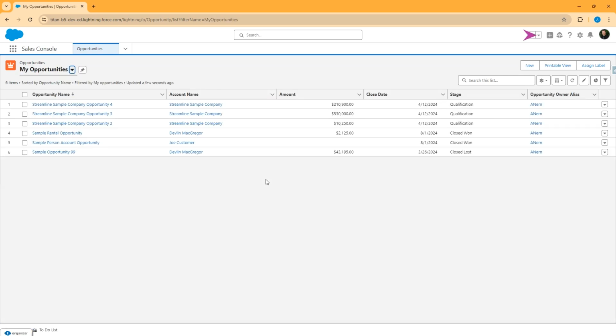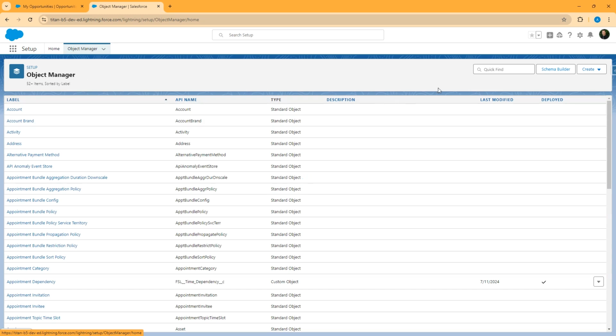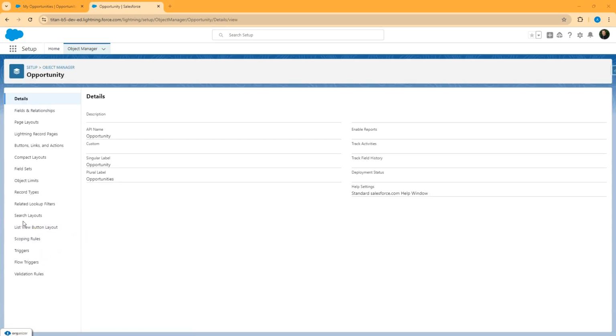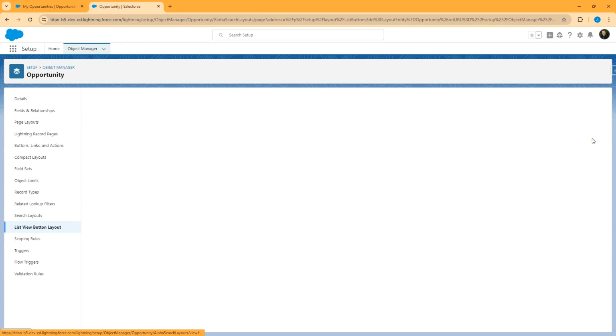First thing we will need to do is add the list view button to the list view layout. You do that in Salesforce Setup. Go to your object in the Object Manager, in this case, Opportunity. Go to the list view button layout. You want to edit this